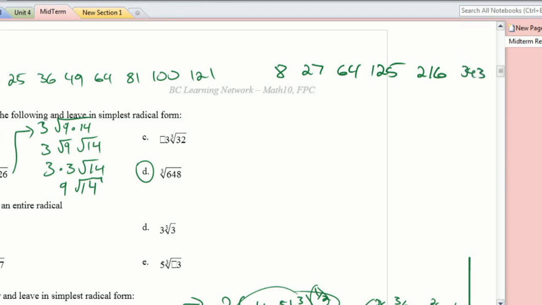So I need to figure out the biggest perfect cube that goes into 648. So I just start dividing away. 648 divided by 27 goes in there 24 times, so that isn't the biggest. 648 divided by 216 is 3 times. So I'm going to break this down into